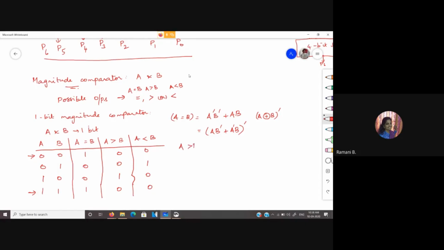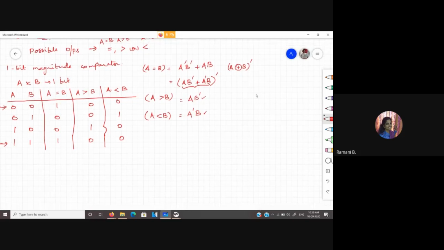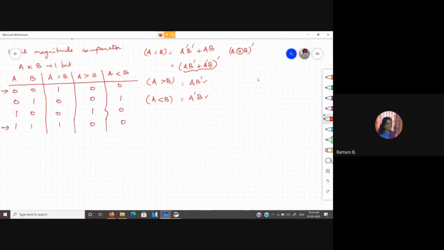And for A greater than B, it is only one combination. So that is equal to A B bar. And for A less than B, it is A bar B. The reason I am going to use this expression as such to implement is, here we are having the same terms A B bar and A bar B. So this can be implemented as,